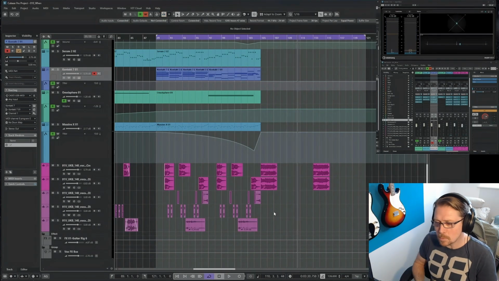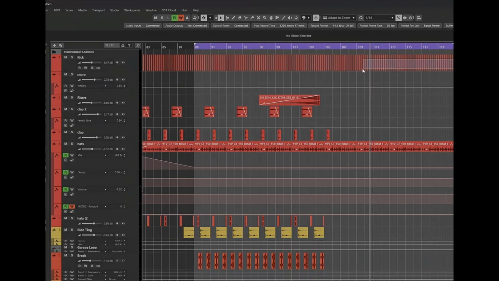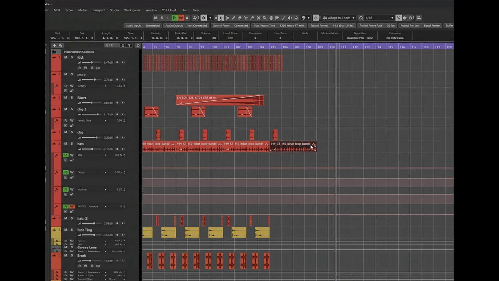I think this is probably, we're out now here, so I think we may just use the last kick there. This lot can go, and this lot I think